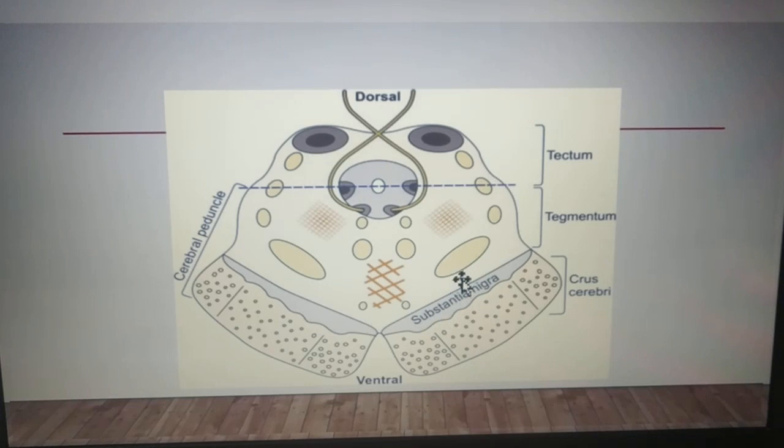The dorsal layer is called as the pars compacta and the ventral layer is called as the pars reticularis. The pars compacta consists of melanin cells and the pars reticularis consists of the iron cells. The melanin and the iron cells are responsible for the pigmentation. The melanin cells synthesize dopamine which is carried to the basal ganglion, especially to the corpus striatum via the nigrostriatal path.